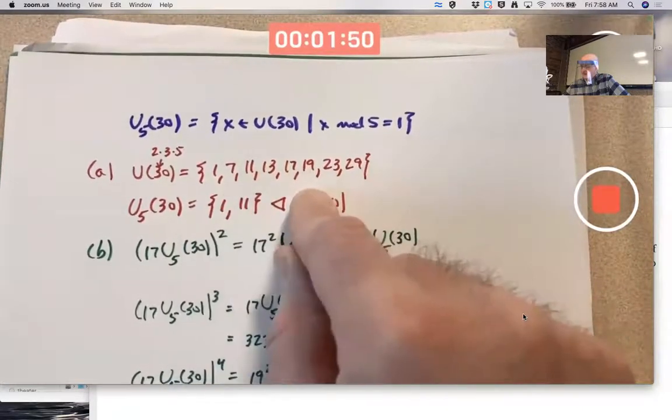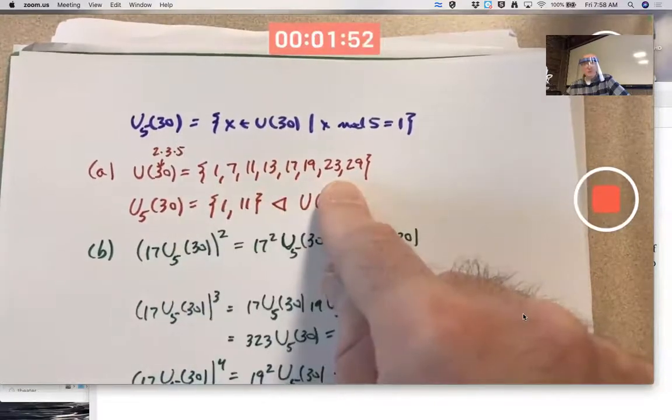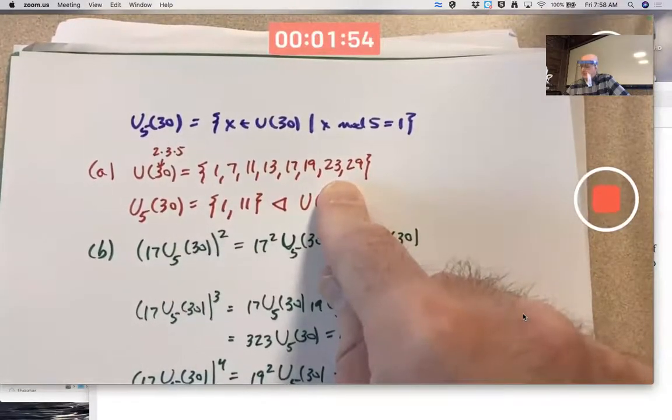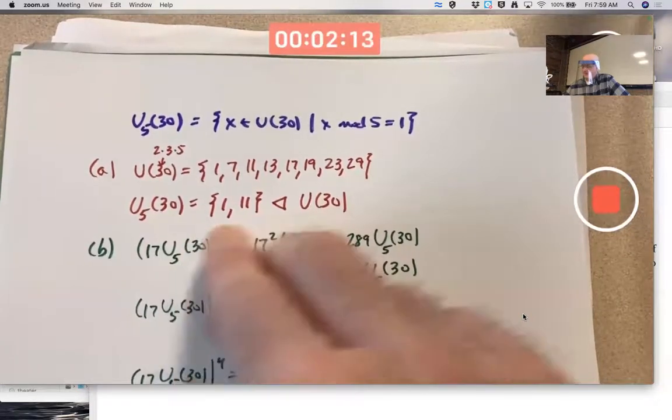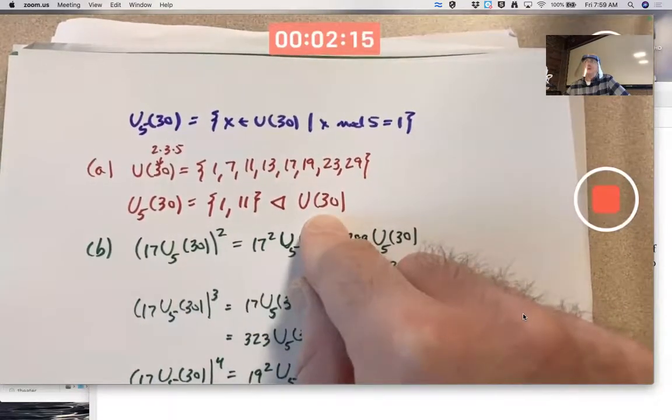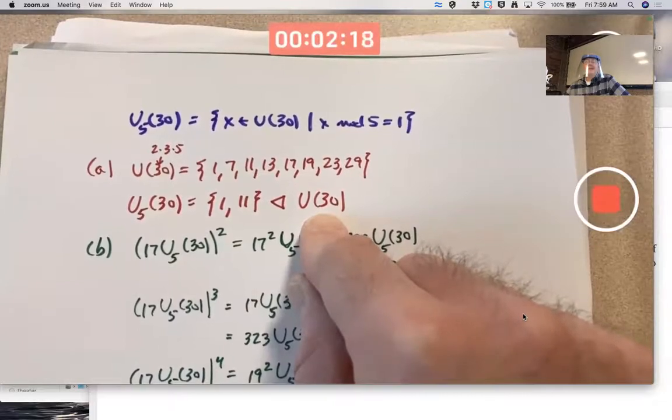And if you figure out the elements, first of all, here are the elements in U30. You want all the numbers between 1 and 29 that are relatively prime to 2, 3, and 5. So you don't want any even numbers. You don't want any multiples of 3 or any multiples of 5. And of those, when you mod by 5, there's only 2 of them that give you 1 for the remainder, 1 and 11. And yes, that is a normal subgroup of U30, because certainly in any abelian group, all subgroups